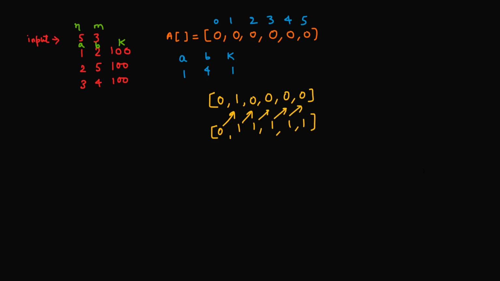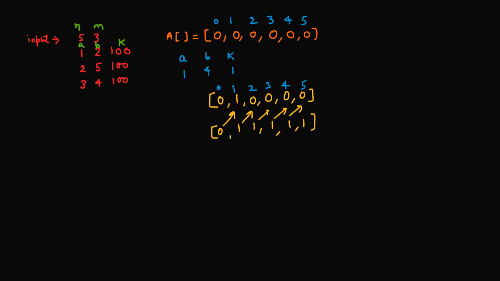And you can see here now 1 is added. Here we were asked to add 1 from 1 to 4. But here one problem we have. The 1 is added from index 1 to 5. We have 5 indices, right? 0, 1, 2, 3, 4, 5. We were asked to add 1 from 1 to 4, but by mistake we have added 1 up to 5.